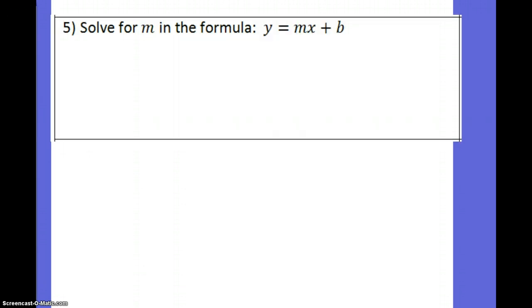Solve for m in the formula. So what do we need to get rid of? The x and the b. And the m is stuck with x for a minute, so to get our 0 first, we want to get rid of b. It's adding b, so we subtract to get 0. Subtract here, y minus b